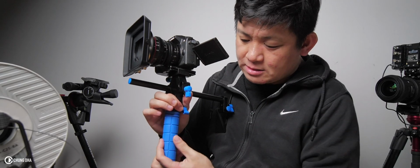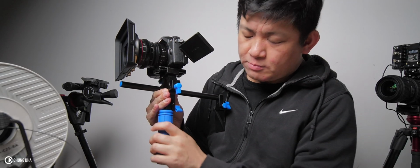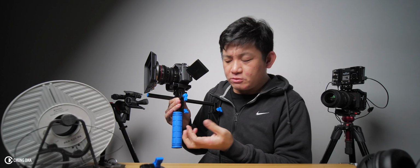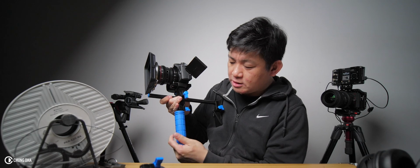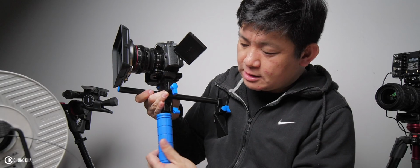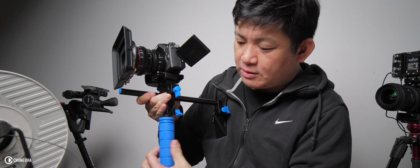It actually feels quite comfy using this, and the only thing is this grip. I really don't like this silicone grip on the bottom because of that rubber feel. It also doesn't feel nice when your hand starts to get sweaty. It just has a weird feeling to it. However, it is mounted with a 1/4 so you can easily replace it with a different grip if